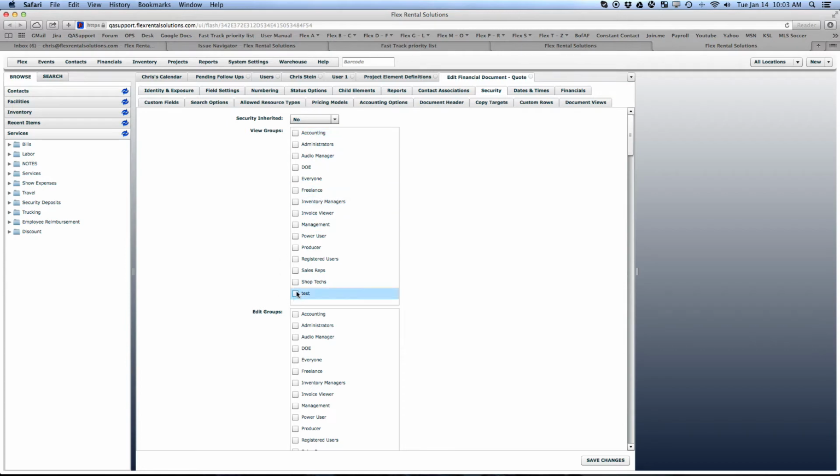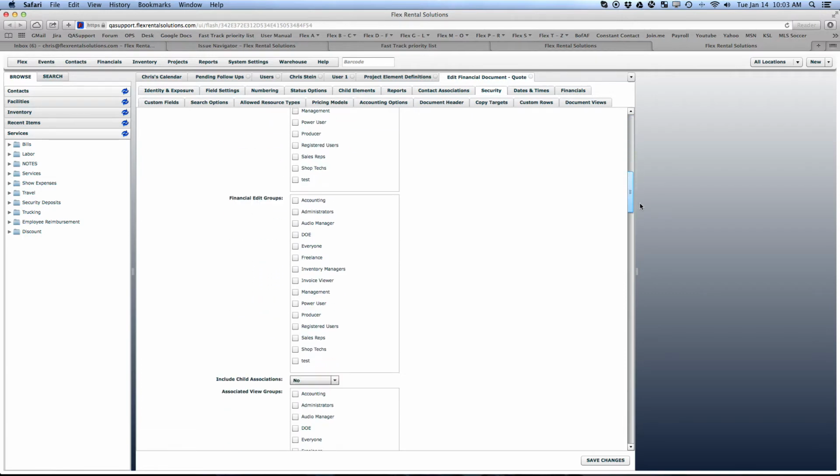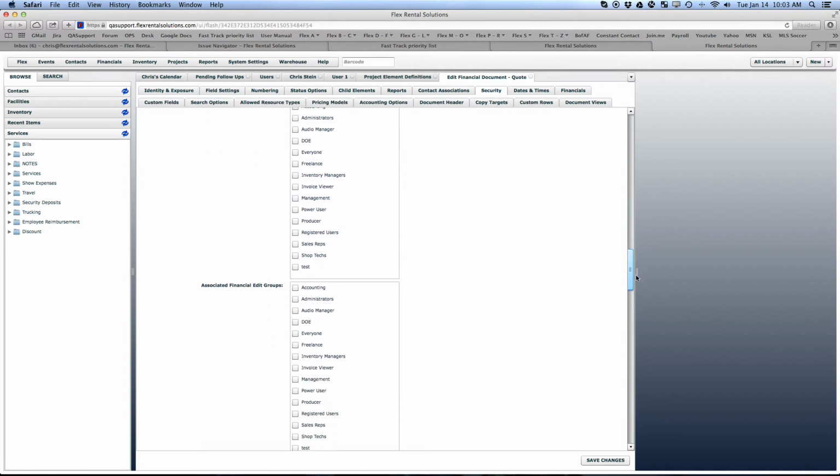If any of these are not checked, then everyone is granted permission. If one of these gets checked, then that becomes the isolated selected group that can view that, as an example. So with nothing checked, everyone has permission. With one or more things checked, only the checked groups will be able to have that security permission. So we've added some new ones down here,